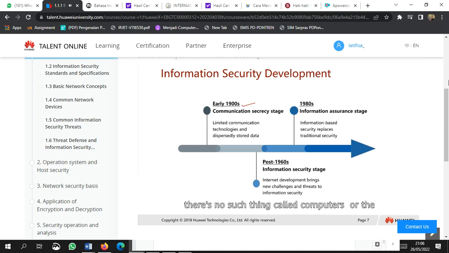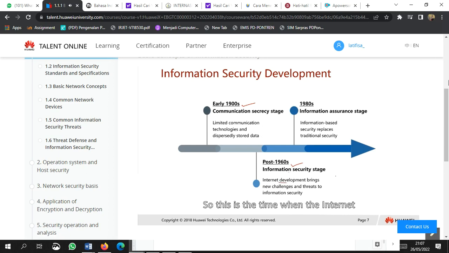So during that time, there's no such thing called computers or maybe internet. Don't even mention the internet, right? There's very limited technology being used to secure information, or maybe the very first cryptography technology being invented during those days. And then after that, in the post-60s, we actually started the information